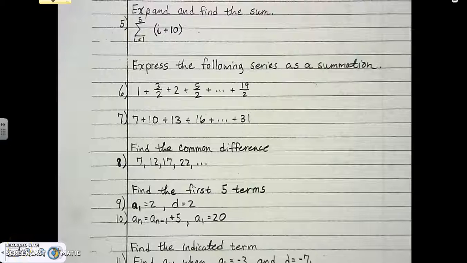All right, so going now into number 5, we're going to expand this and we're going to find the sum. So here, this is one of those things of the calculator. We've talked about it and we've done all the stuff, and we know this one's really easy. So again, looking at number 5, and we're also going to do number 6 and 7. So for number 5,